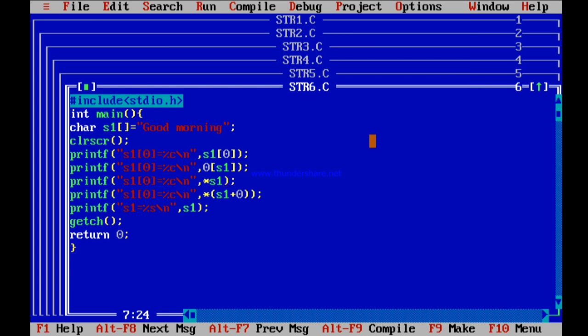Or you can call it something like star s1, as if s1 is a pointer, because you already know that arrays and pointers are similar, because the array name itself is like a pointer, that means it represents the base address of the array. So you can use that notation also, like star p. We have used star of s1, or you can use star of p plus i, where i is the index value. In that sense I have used star of s1 plus 0. See here, this s1, which is an array, is actually used as a pointer here. Still you can access it. And the last printf statement is for printing the entire string. So I'll execute this program.